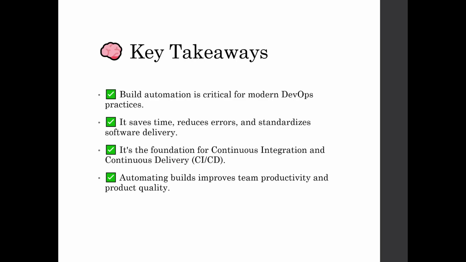So let's wrap up by talking about a few key takeaways on build automation. Build automation, critical for modern DevOps practices, is really the foundational point, right? We want to automate all of these steps. It saves time, it reduces errors, and it standardizes your process. And when you're using those CI/CD pipelines, we're really unlocking the speed and reliability that we want in our releases. And then it makes our team more productive. We have fewer manual steps, less rework, and greater confidence in what it is that we are